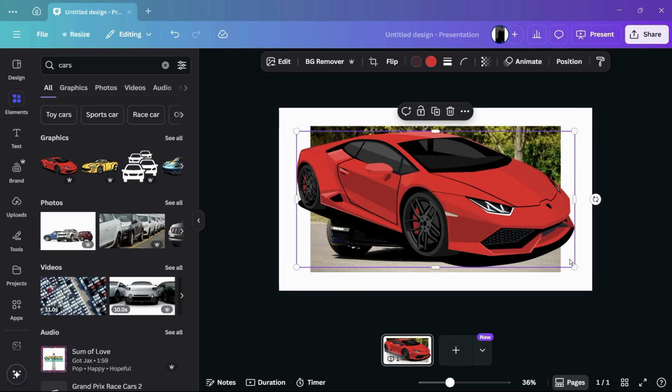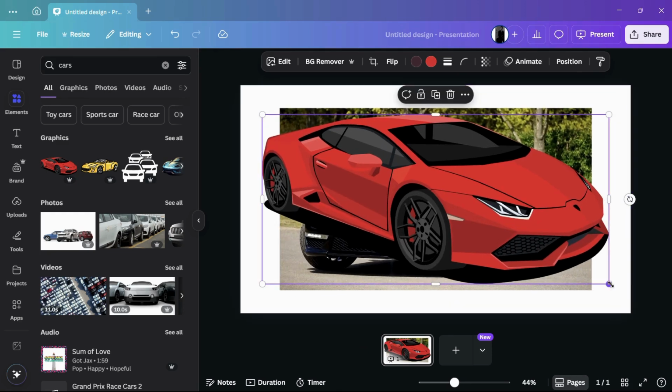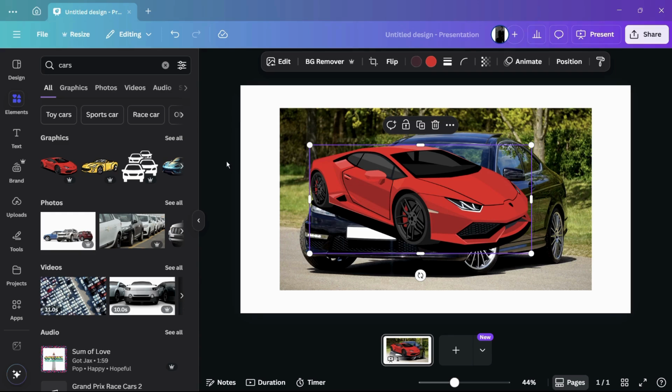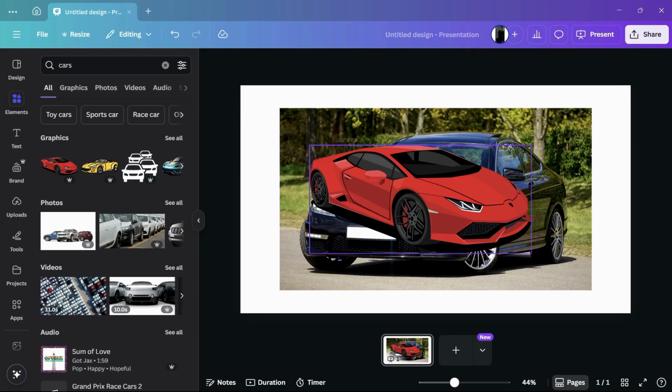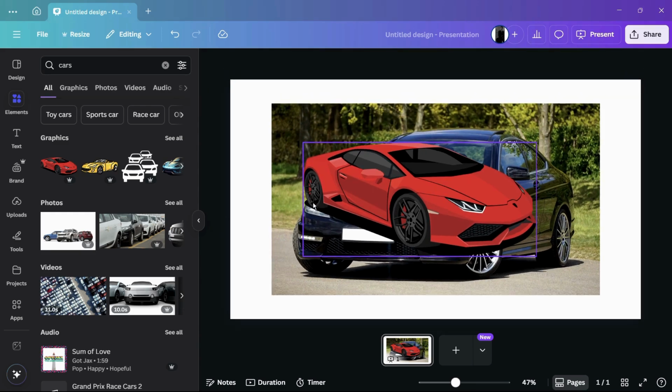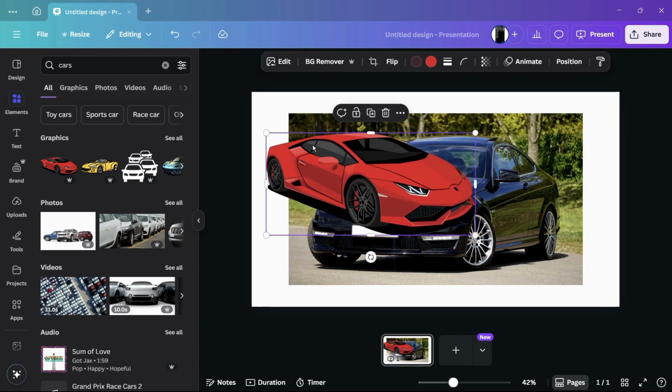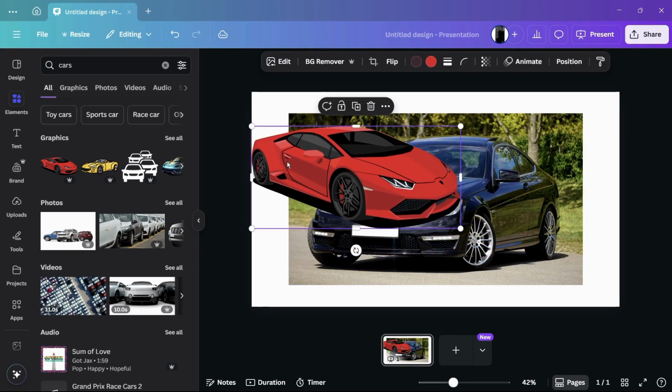Now, as you can see here, we have these two images right on top of each other. So let me resize it a little bit. And now you can see that we have these two elements on top of each other. So where layerings come into play is that, for example, if I want this image of the red car just